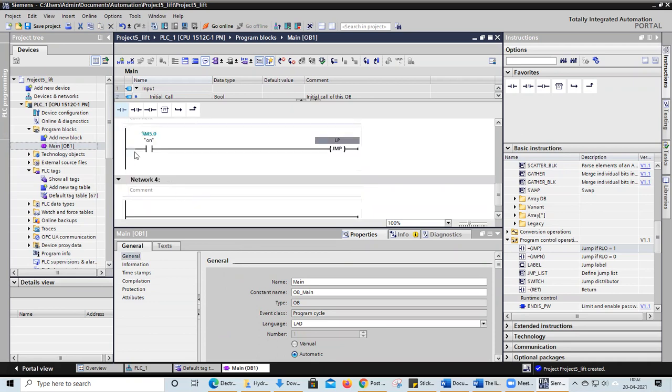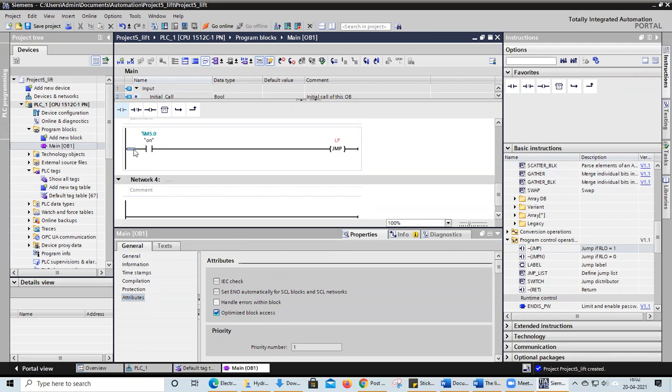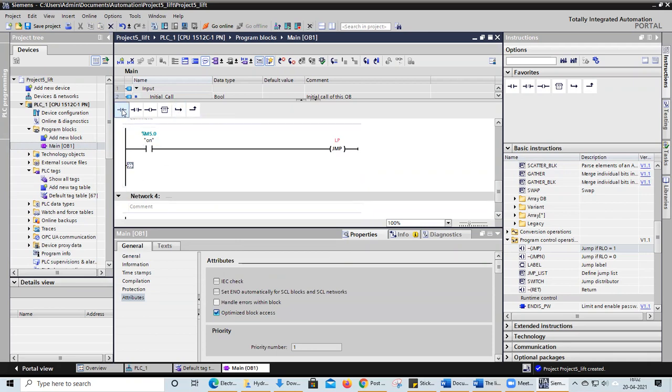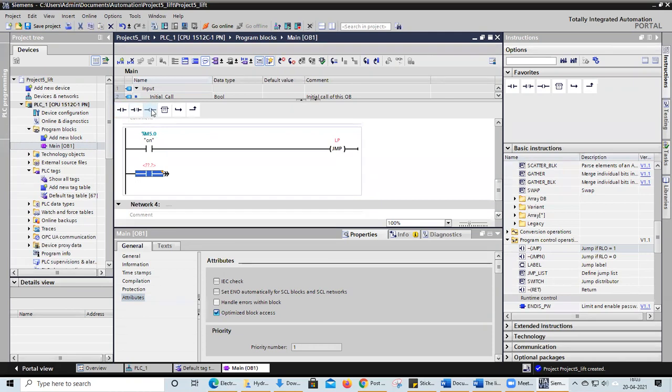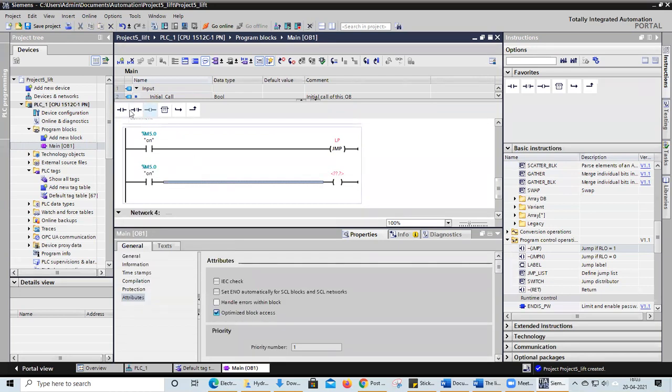In this part I'm going to write the program regarding lift floors 2 and 3. So this one and this one are regarding floor 2. This is the on circuit, and here one more thing will come.